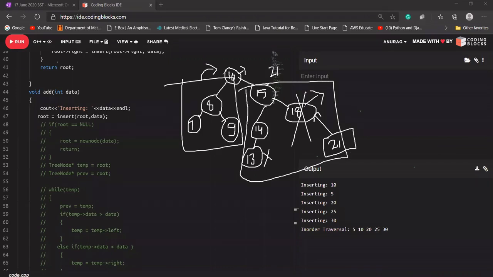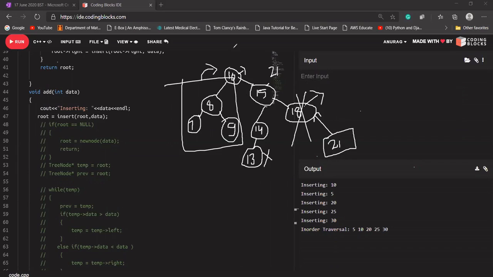If I'm looking for the predecessor, I'll go into its left part and keep going right and right and right, because in its left part the rightmost value will be the maximum value. Into its right part, the leftmost value will be the minimum value, because all these values are greater than 10. Is it clear with everyone now? The concept.